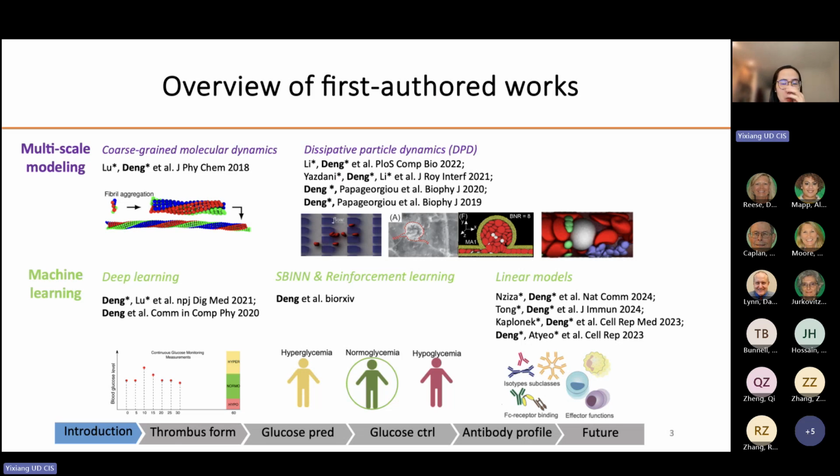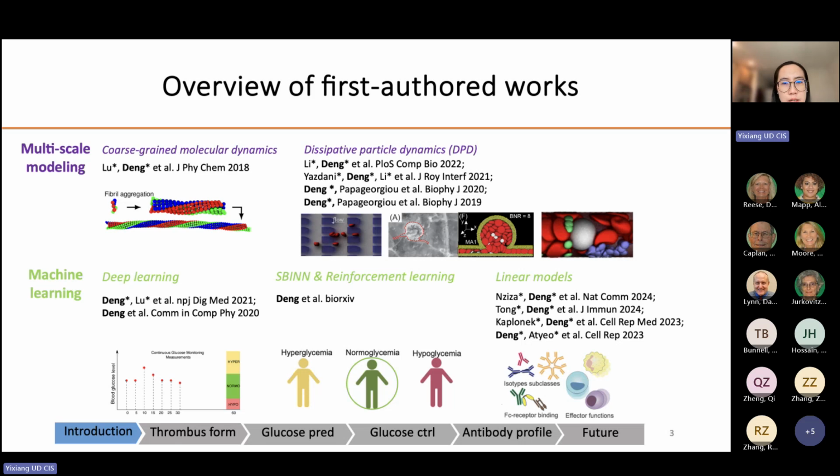So I want to start with a brief overview of my first author work. In the multi-scale modeling regime, I have worked in developing coarse-grained molecular dynamics models for this kind of fiber assembly and testing those mechanical properties and matching them with the observation from clinical or in vitro or in vivo